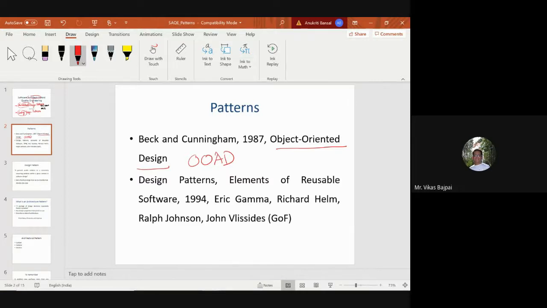And design patterns were given by Erich, Richard, Ralph, and John. These people were called the GoF, which is nothing but your Gang of Four. So all these four people gave this particular idea.